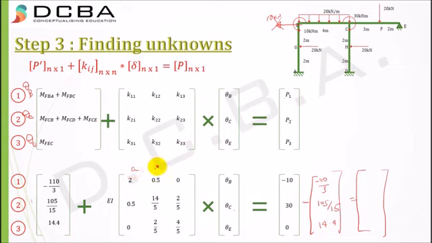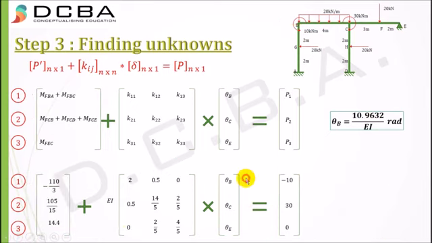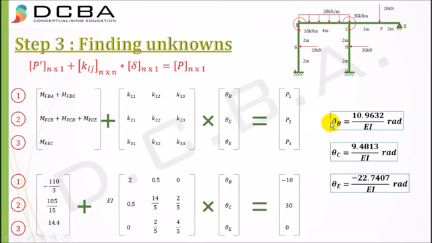So this will be A1, B1, C1, A2, B2, C2, A3, B3, C3, and equal to these D1, D2, and D3. This is I am writing for the calculator. Your calculator has the option of solving multiple equations, simultaneous equations. Once you get theta B, theta C, and theta E, you will basically get it like this: theta B, theta C and theta E. So these are the values of theta B, theta C, and theta E. Positive values indicate that there is a clockwise rotation. A negative value indicates that there is an anti-clockwise rotation.